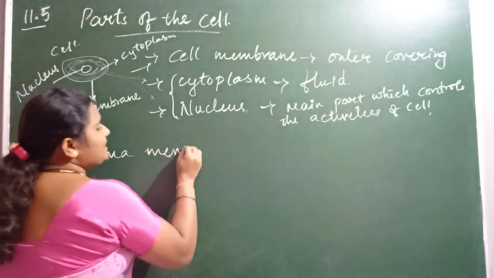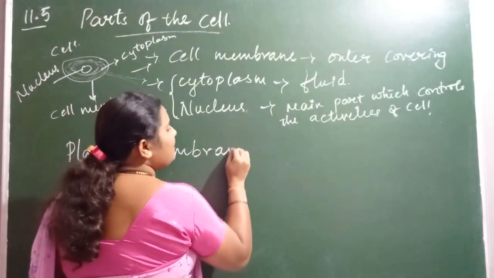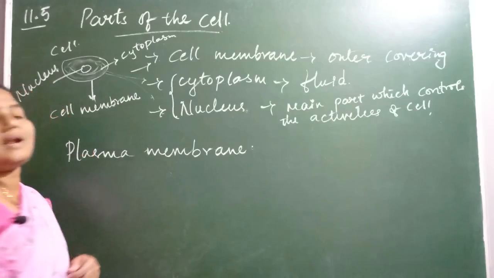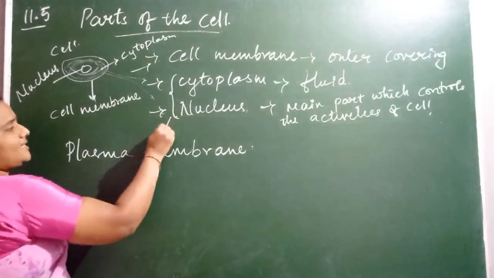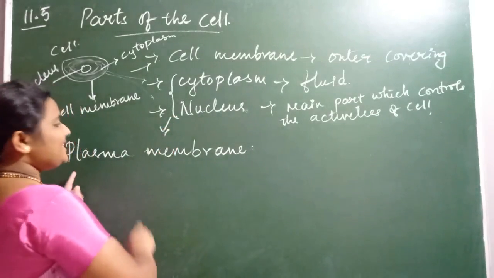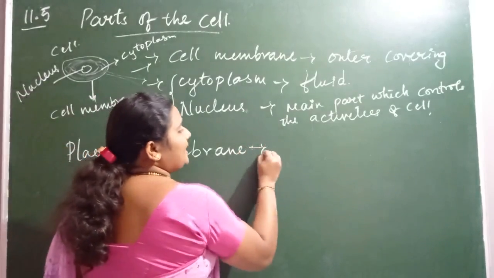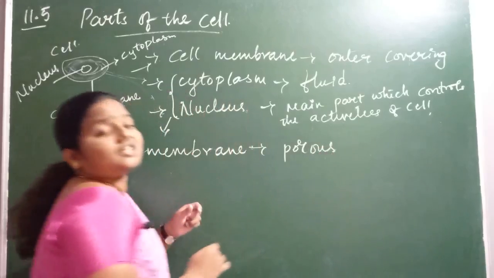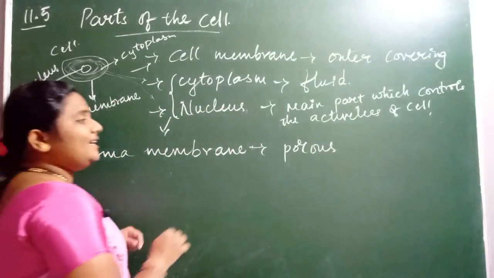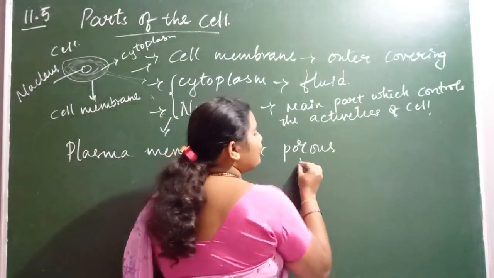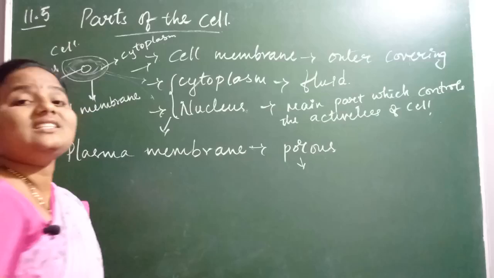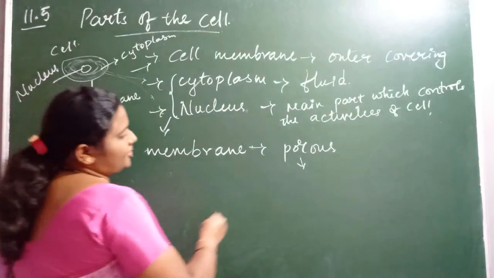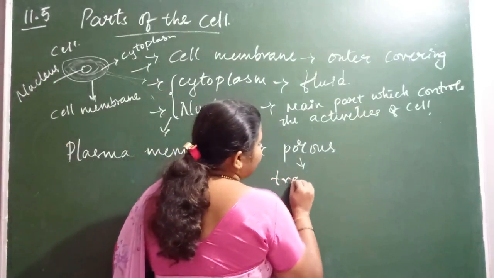Plasma membrane means cell membrane with cytoplasm and nucleus. You know, children, this plasma membrane contains small pore-like structures, and these structures are helpful in transporting the substances, children. Means in transferring